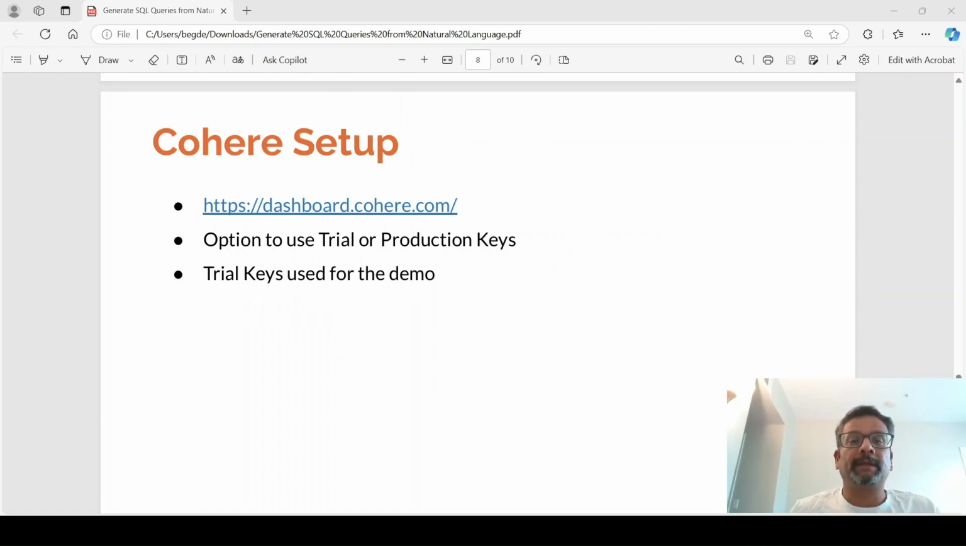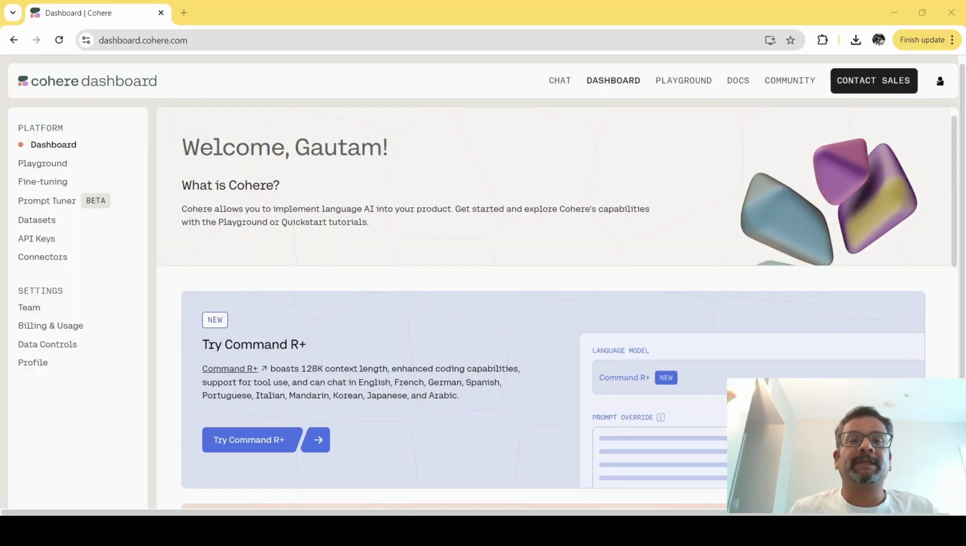So now let's look at the setup needed for using Cohere. For setting up and using Cohere in this application, you can navigate to the URL provided over here. And once you actually navigate to this URL, you will be asked to either sign in or sign up for an account. Once you have signed up for an account, you will see a dashboard which looks